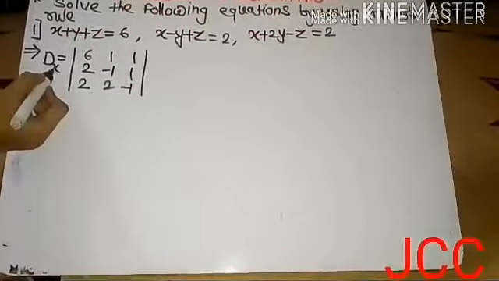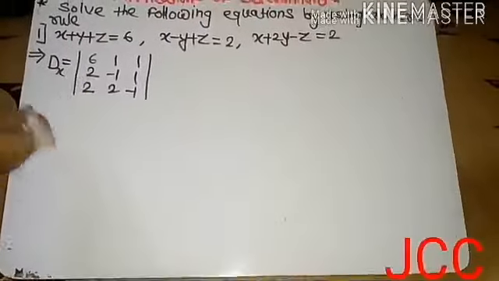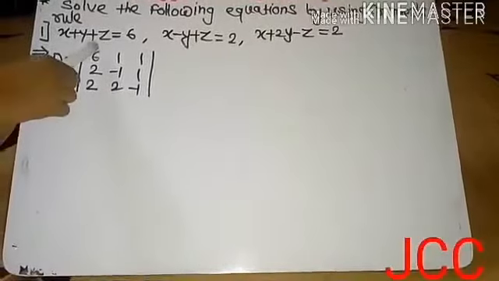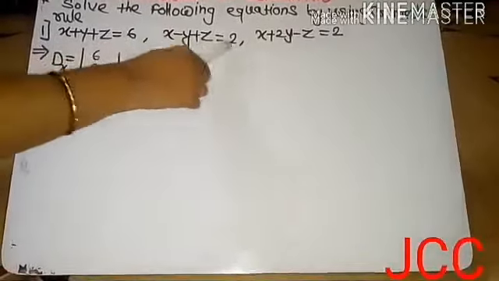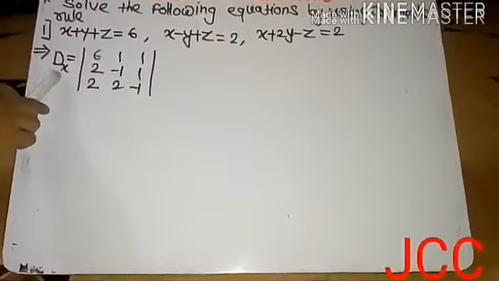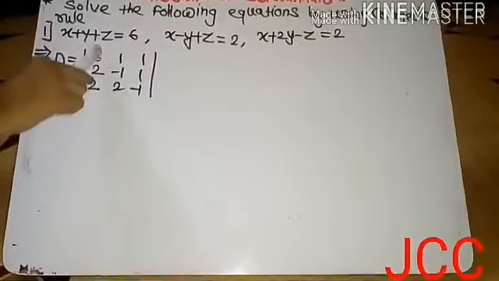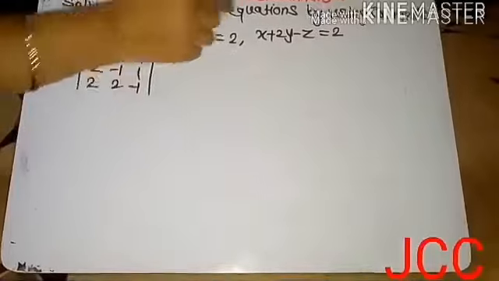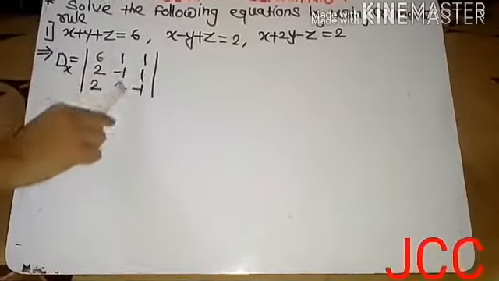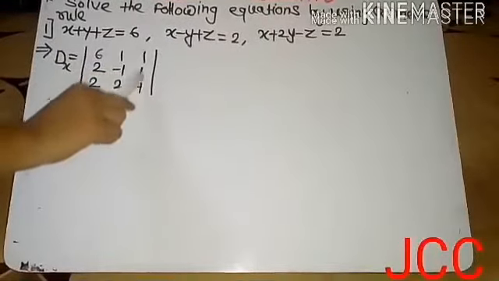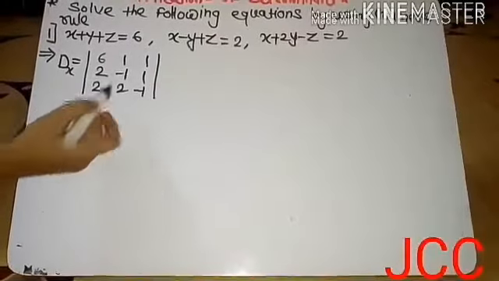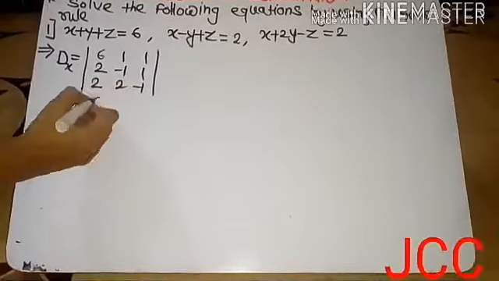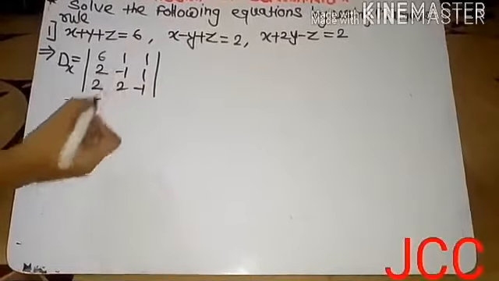Now to solve Dx, again we write the determinant. For Dx we replace the first column by the right side elements 6, 2 and 2. म्हणजे x सॉल्व करायचे आपल्याला, म्हणून आपण पहिल्या कॉलमच्या जागेवर राइट साइडचे एलिमेंट्स घेऊ 6, 2, 2. बाकीचे दोन्ही कॉलम्स y चे कोएफिशिएंट्स आणि z चे कोएफिशिएंट as it is. Now we solve, again 6. Don't write the determinant. We can directly take cross multiplication here.